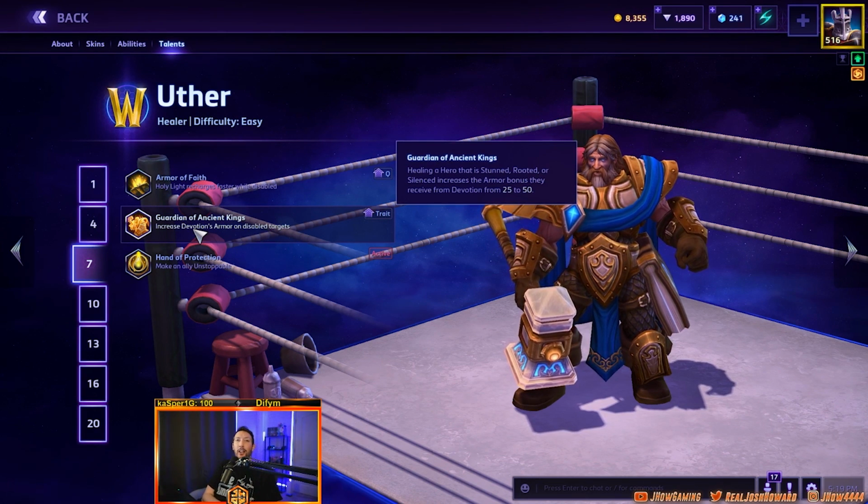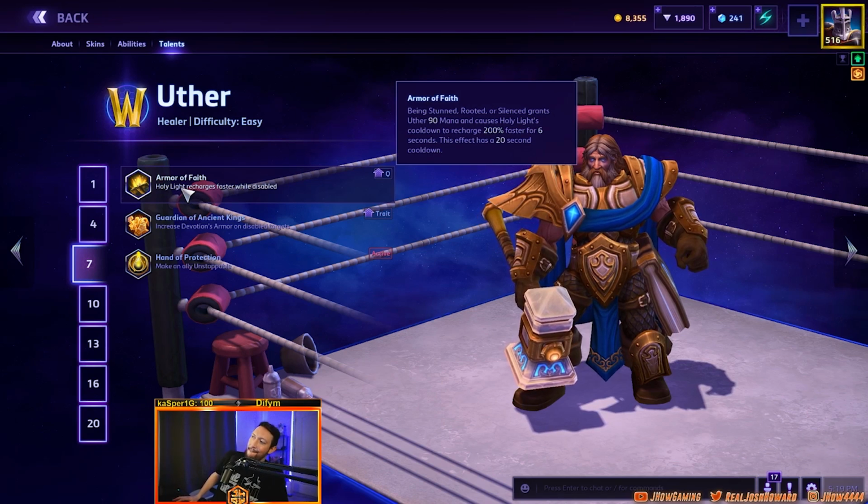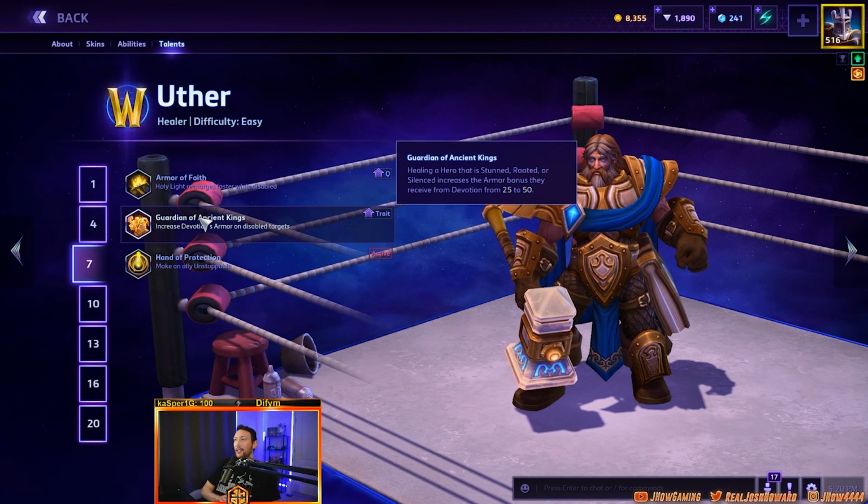Let's say they have a Johanna and nothing else. Cleansing Blessed Shield can be the difference between your team dying and not dying. At the same time, there's merit to Guardian of Ancient Kings. Healing a hero that is stunned, rooted, or silenced increases the armor bonus they receive from devotion from 25 to